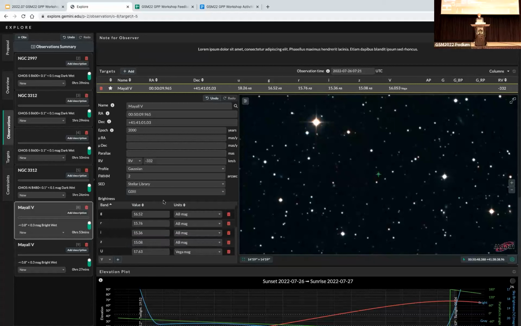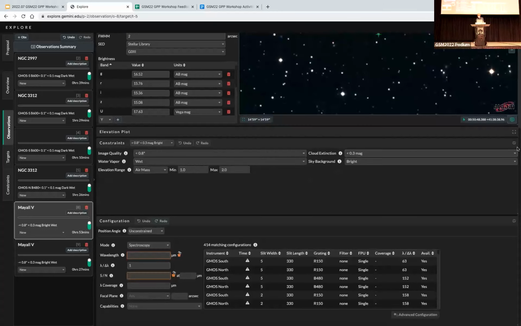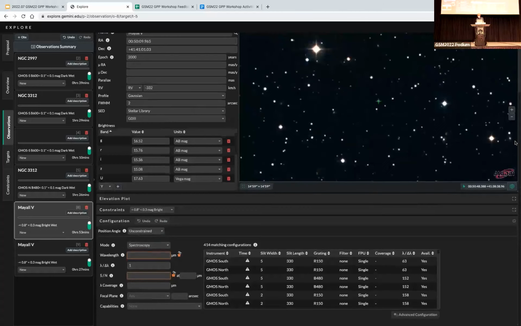It's more like G. So that's basically defined my target. I can continue to go down. Let's just close this for now. To the instrument configuration. One really important thing about Explorer is that it knows about all of Gemini's instruments